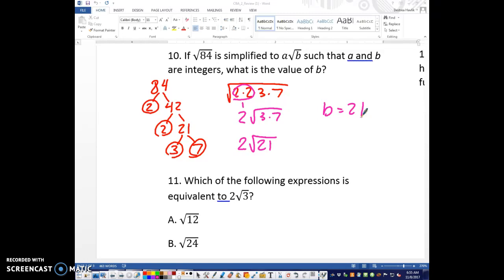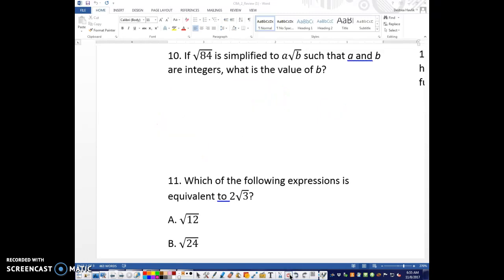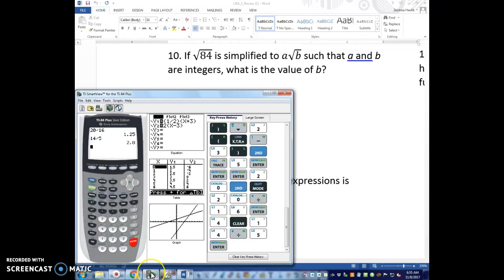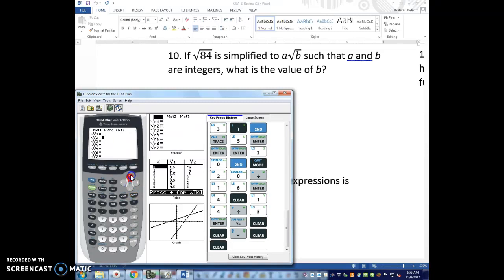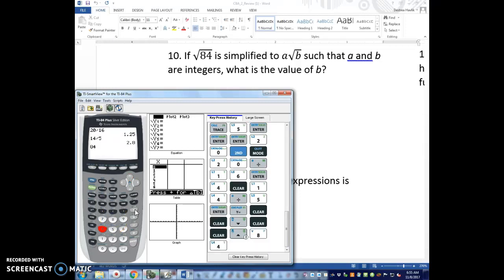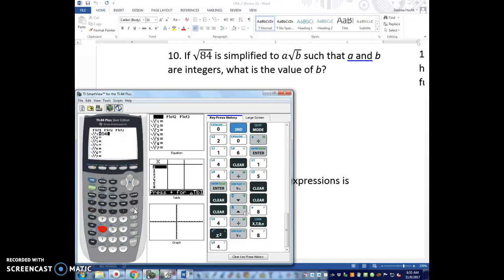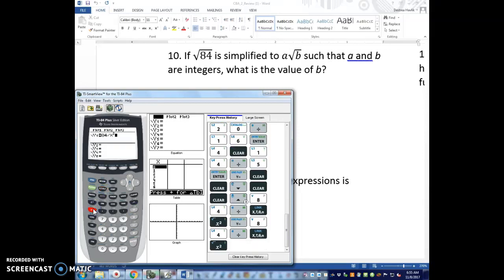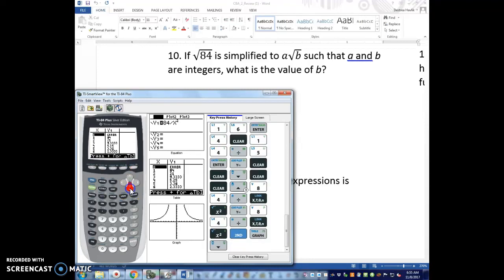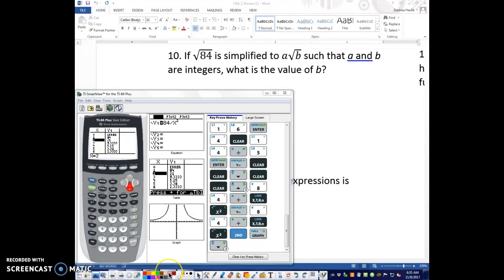Now remember, I also showed you how you can do that in your calculator. So calculator, you go to y equals, clear what's in there. Okay, and we need the square root of 84, so you do 84 divided by x squared. Oops, and y equals 84 divided by x squared. Go to your table. Find the set of whole numbers for this down. It's 2 and 21. Okay, so that would be the same answer we got,